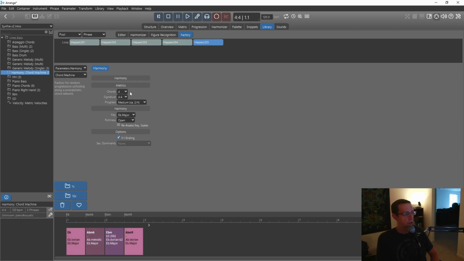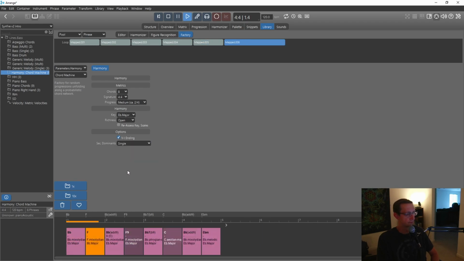Okay, also, if you generate 8 chords, you have a choice here for, it says sec dominance. Not sure if that's secondary dominance or